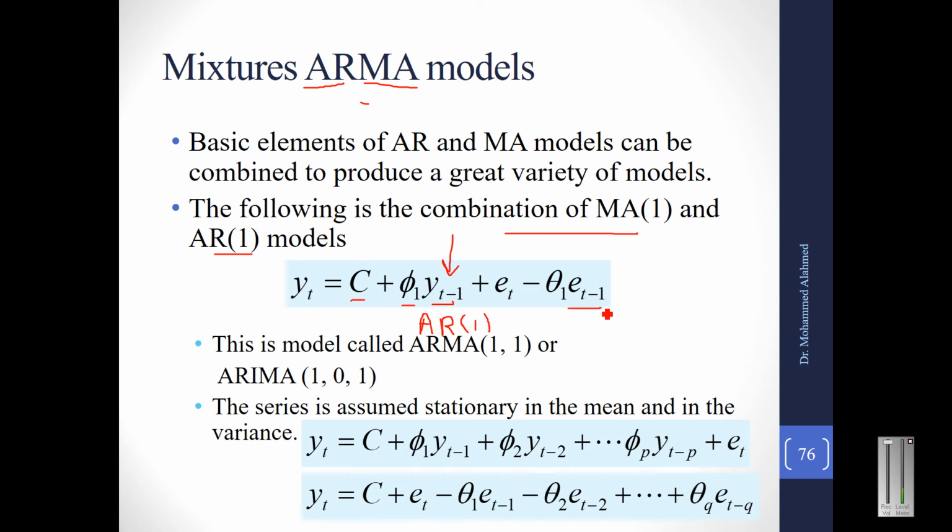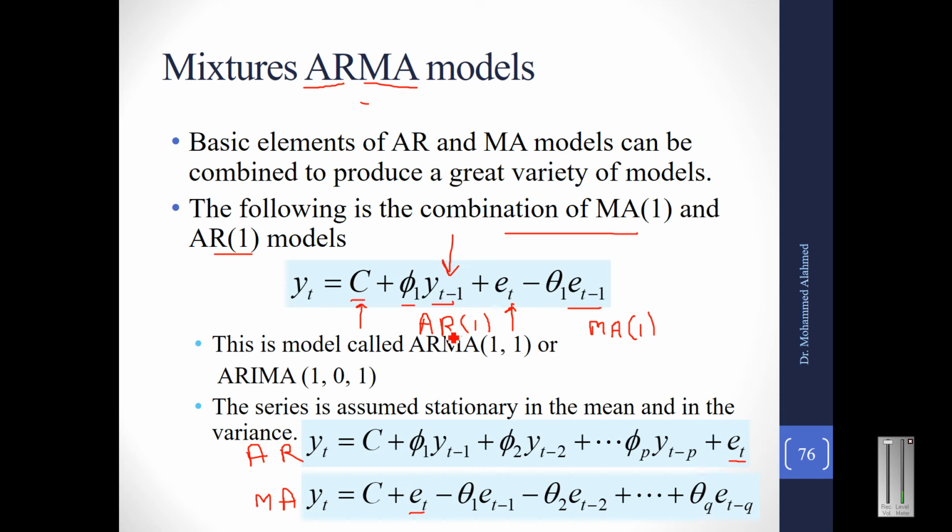Now this basically represents the error term with a coefficient. Again, since only one error term is considered, this is an MA term with a lag of 1. For your convenience, I have kept the standard formula for the AR model up to pth order and up to qth order for MA. You can see yt has a c in both cases. Because both are constants, you can combine them and keep a single constant c. Similarly, the error terms in AR and MA together can be clubbed together to form a single error term ET.